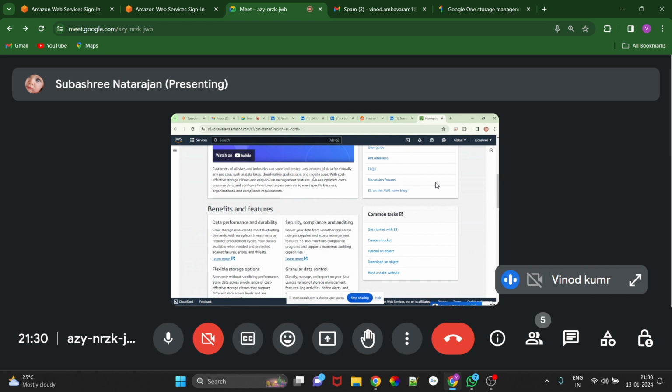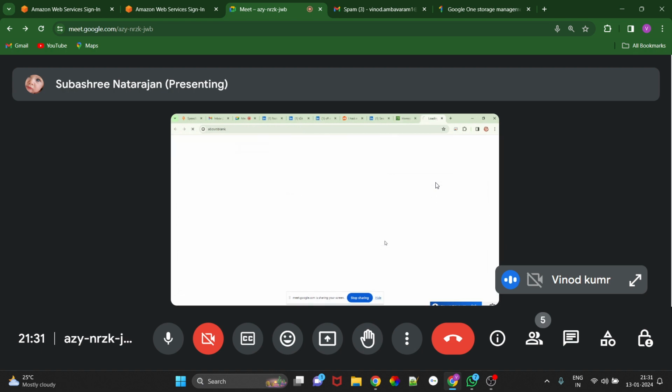So no need to delete the logs, no need to zip the logs if you want, no need to do anything. You can continuously use the data. How much data is stored, AWS will charge only for that data only. So you can click on create the S3 bucket. Start, create a bucket. Yeah, above you can see.